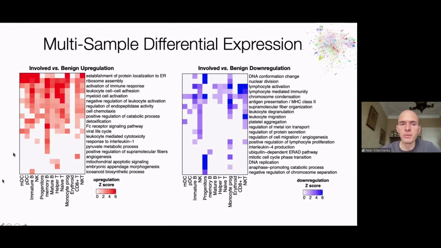Obviously, you could do overviews of what's happening. Pathway analysis is very useful. So here, for every cell type, we run either GSEA or just pathway enrichment analysis for top-end genes. And then we produce this type of summary heat map. So that means that across all these cell types and K, MDC, and so on, you had this ER pathway,